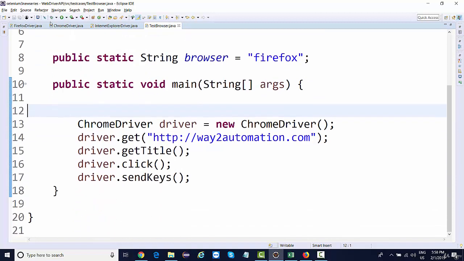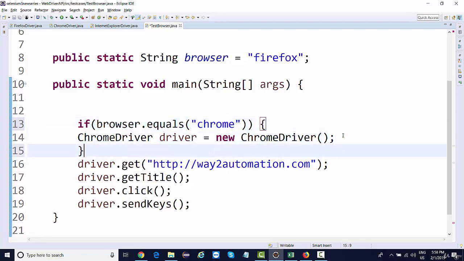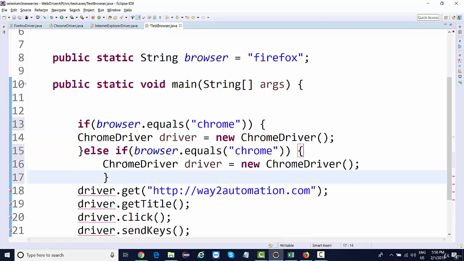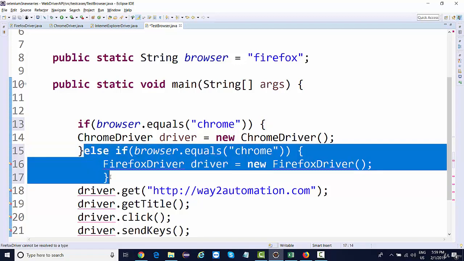So what we did initially, we wrote a logic like if browser.equals Chrome, then it should create an object of the Chrome driver class. Else if Firefox, it should create an object of the Firefox driver class. Just be with me for some time.